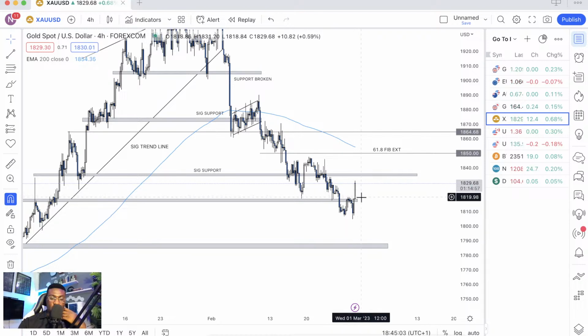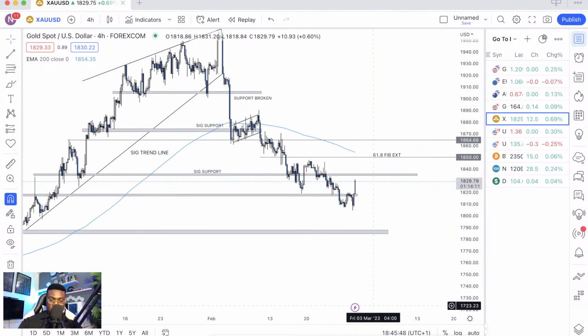If you have buy trades on gold, if you took advantage of that news, you can start to adjust your stop loss and profit. And if you don't have any trades on gold, that's fine. What you want to do is pay attention to how gold reacts to the 1835 level, because that's where it's headed, right? Before it gets here, it has to react to this zone first. If it gets here and you see the consolidation and a breakout, then you can trade it to the upside. Your target would be 1845 to 1850, which is also going to tally with the 200 period moving average,